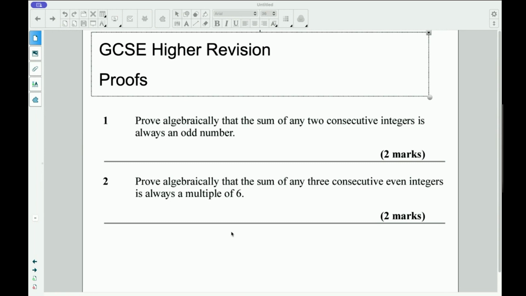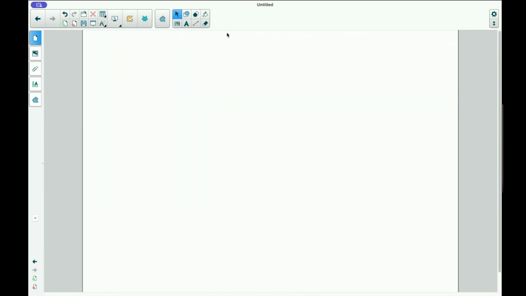Okay, so we're going to leave these two questions on the back burner for a few minutes. And we're going to talk about some of the terminology behind proofs. Okay, so let's go ahead and start this off, and we'll talk about the terminology